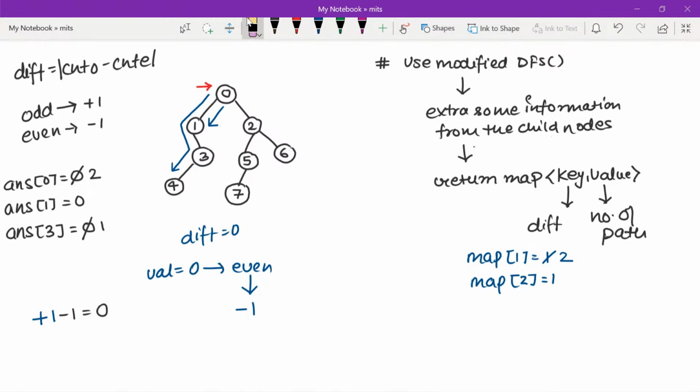Now coming to the next call. We make this call, and come to node 2. You can try running it by yourself, but this is the idea. Every time we return the map to the parent function, and this map stores the difference as the key and the number of paths as the value. And what are the possible values of the key? That is, how many unique pairs we can have. So the possible values of a difference